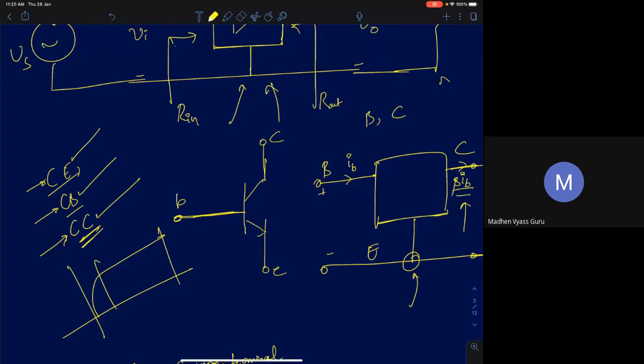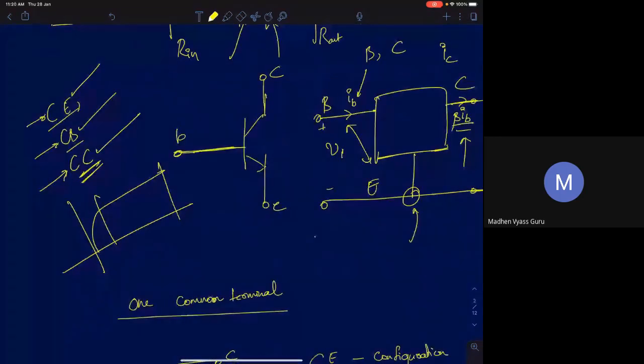So I automatically know there is a current amplification. The output current is an amplified version of the input current. The second thing is that if I vary my base-emitter voltage, then of course your collector current changes. For small signal variations, your collector current is approximately Gm times VBE. If you vary your VBE, your collector current is going to change approximately by Gm times VBE. This we saw from small signal models, right?